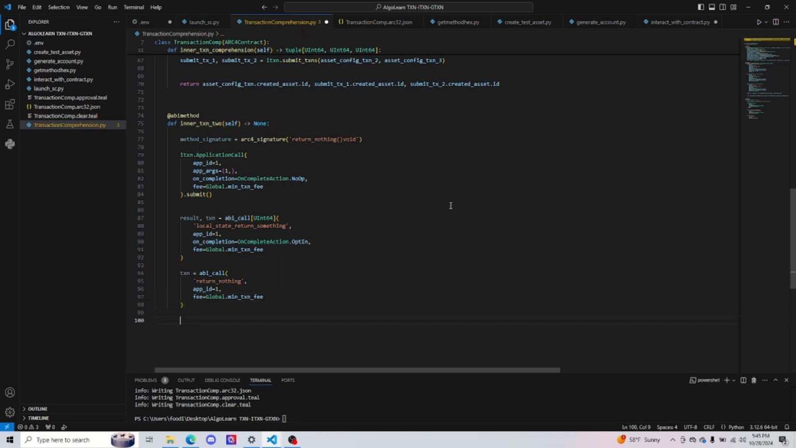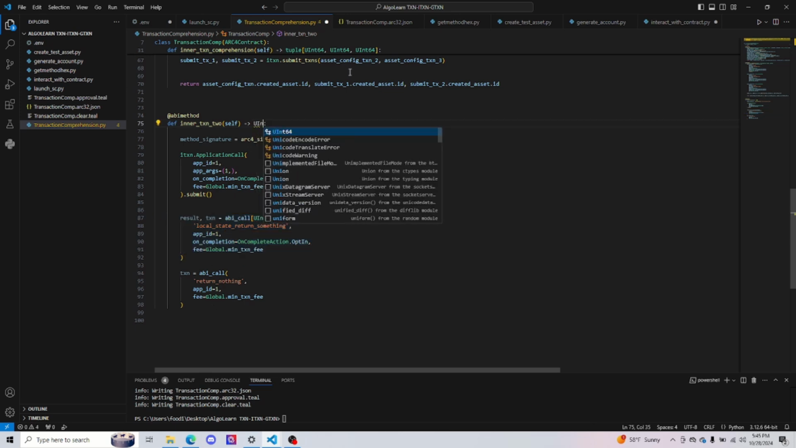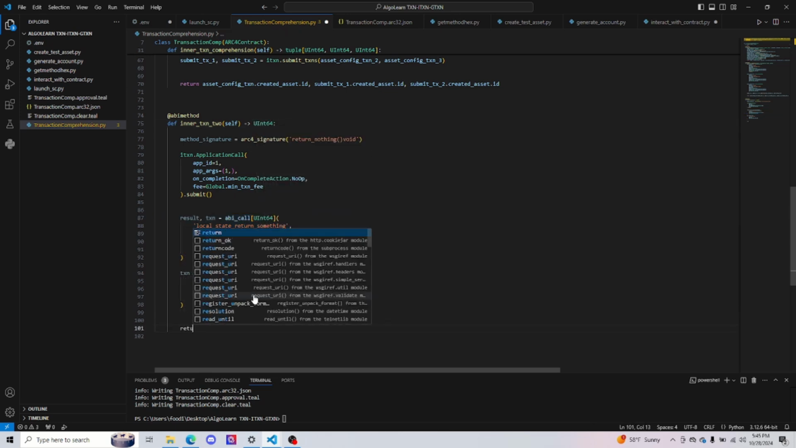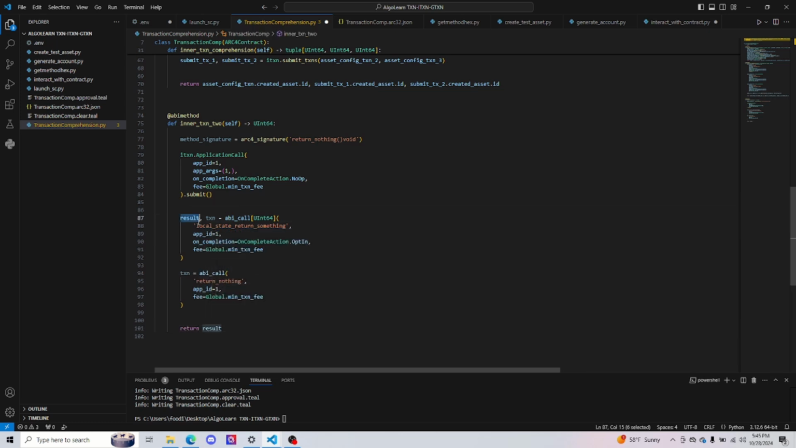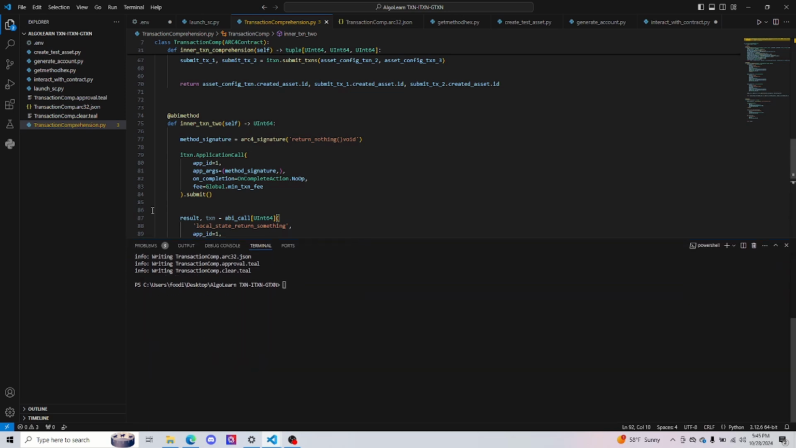And then at the end of this function, we'll return the result of the first ABI call, or second transaction in these three. So we'll state here, returning a uint64, and this is going to be results, which is accessed here from this second inner transaction. And now what we need is an app ID, and method signature will replace this here, the 1. And let's try compiling this after we get a second application ID. So I'll call this second app,